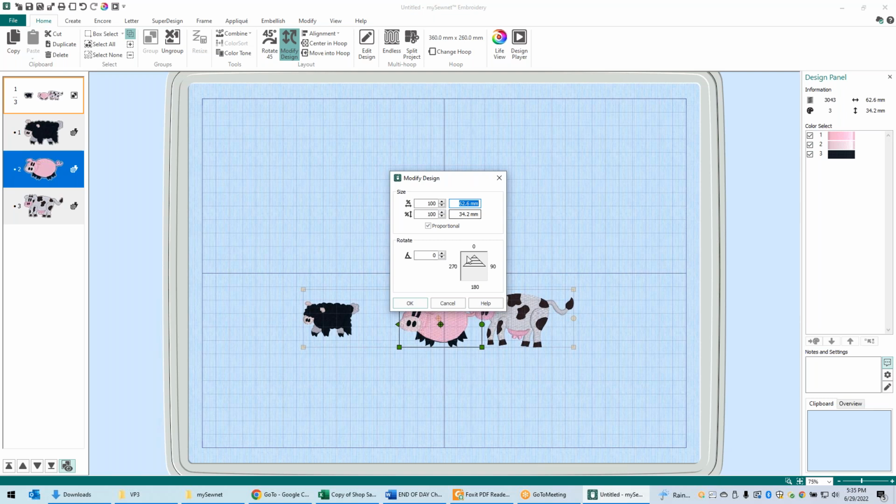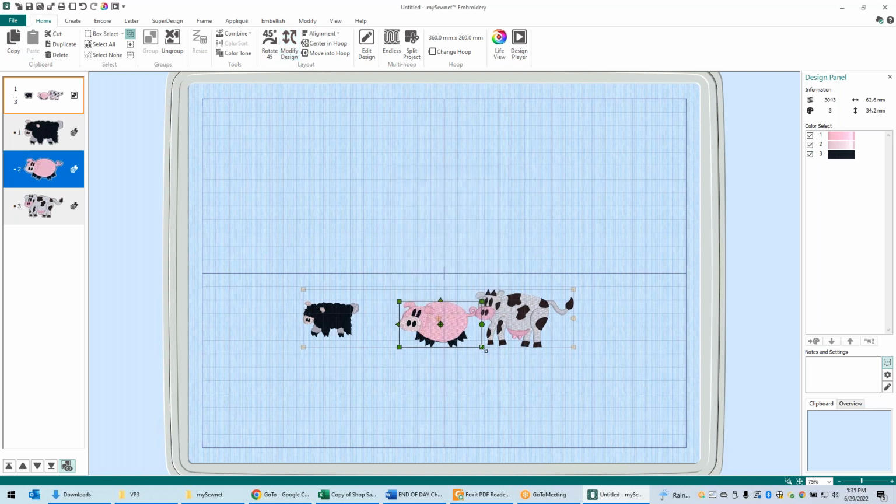89. It didn't like, oh, my num is not 89. Okay, I take that back. It's not letting me change them in there. Well, let's do it this way. So cancel out of that. So now I'm just going to go ahead and grab a hold of the pig and hold down my control key so it goes in proportion and make that pig